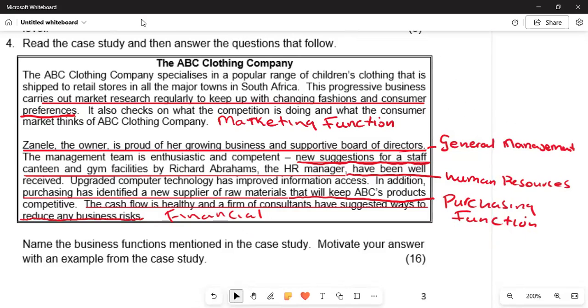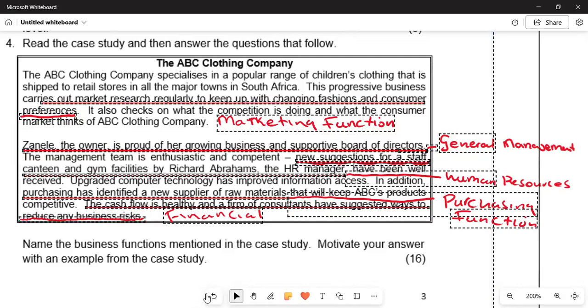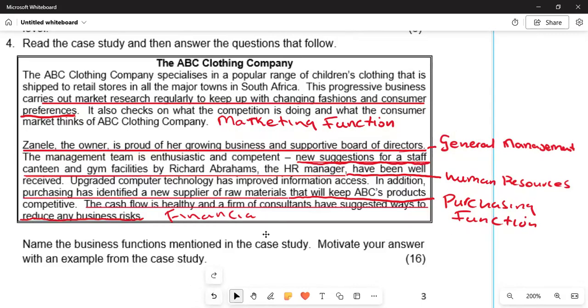So in this case, we are having a continuous You want to